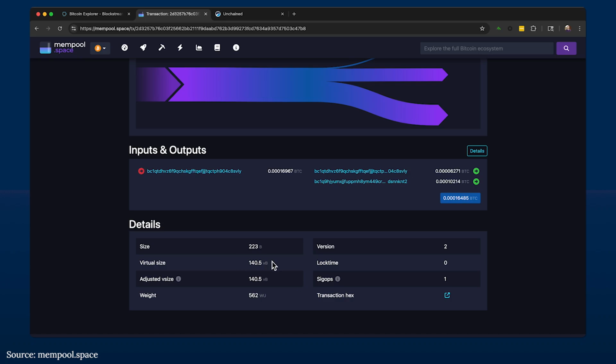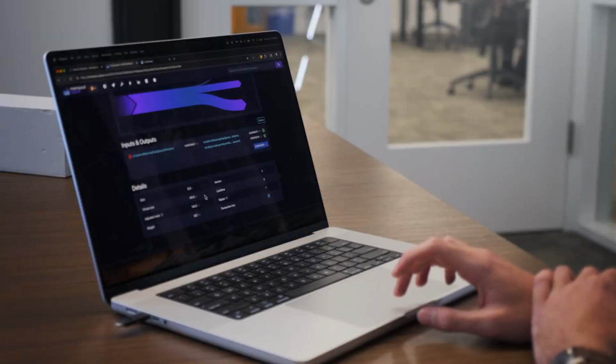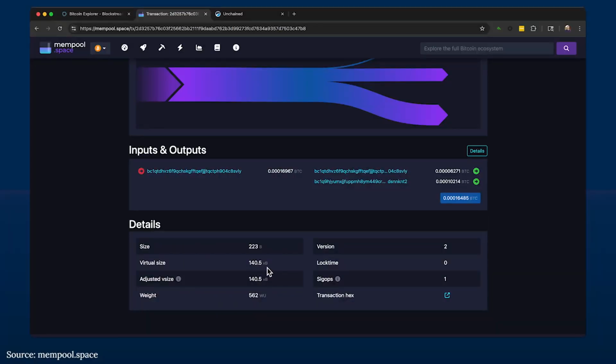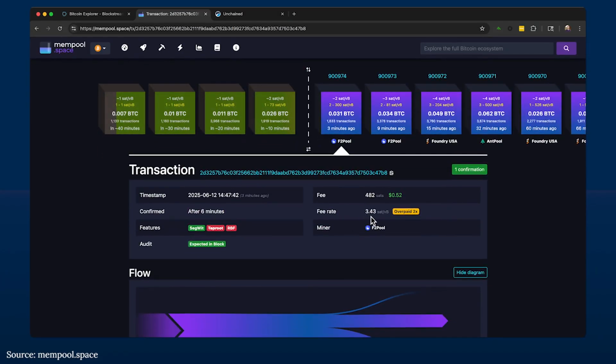I would say the most useful part down here is probably the virtual size, or basically the bytes of data that this transaction is using, which is 140.5 in this case. It's not very much data because there's only 1 input and 2 outputs, but that is the amount of data that really results in the fee of the transaction. Because if we take 140.5 and we multiply that by 3.43, it'll end up at the 482 Satoshis that was